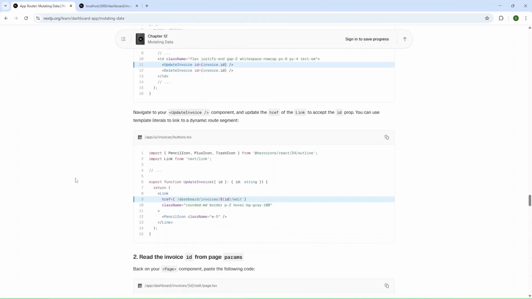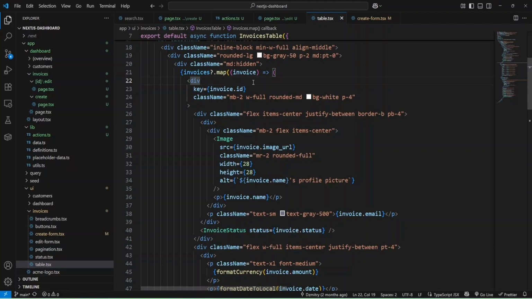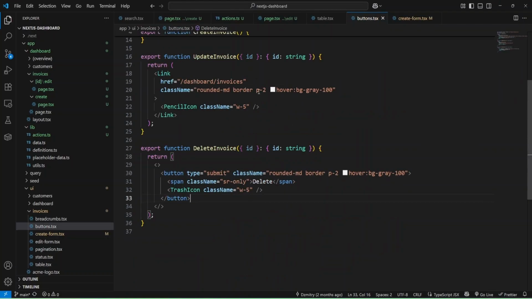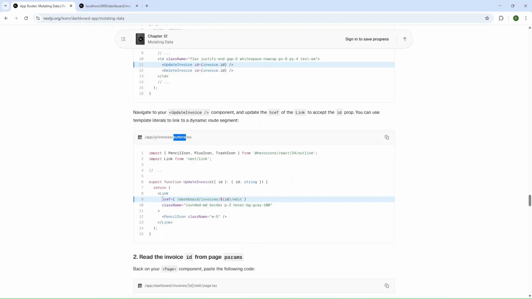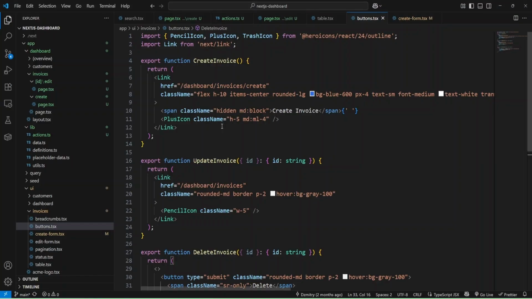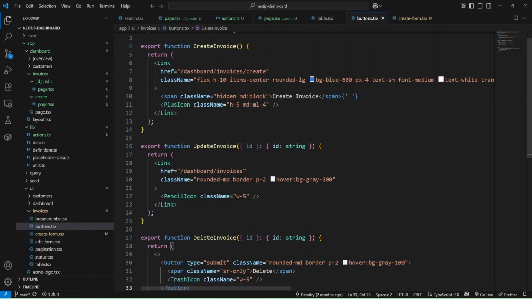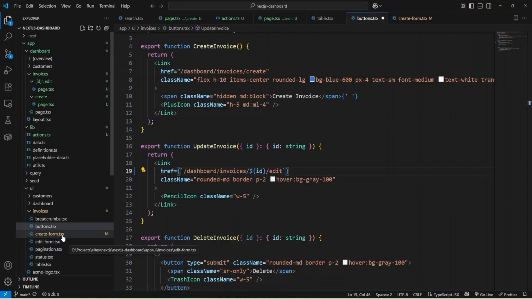And next, they propose to update invoice inside buttons. Okay, so let me find this buttons and check what we have here. And we need to add this code inside a link inside update invoice. Okay, and we need something like that.